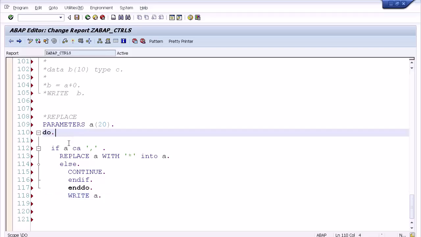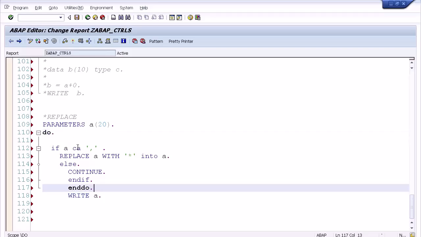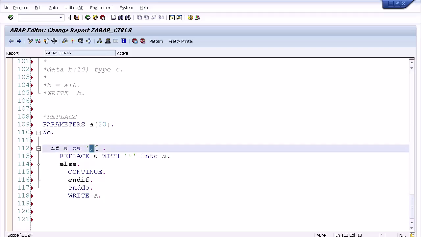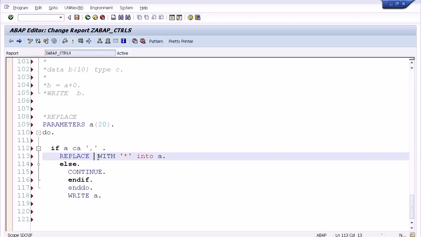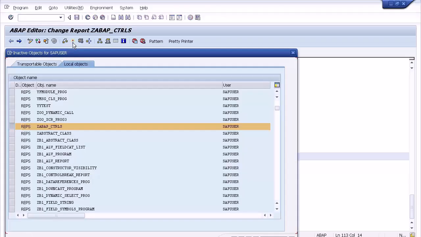Then if should end with endif, and enddo. Then after that I am writing a write statement A. Check here the do statement, do with enddo. If A contains at least one comma, now we are replacing the comma with